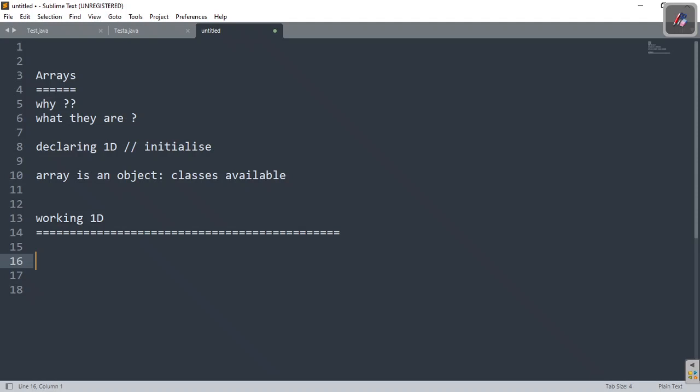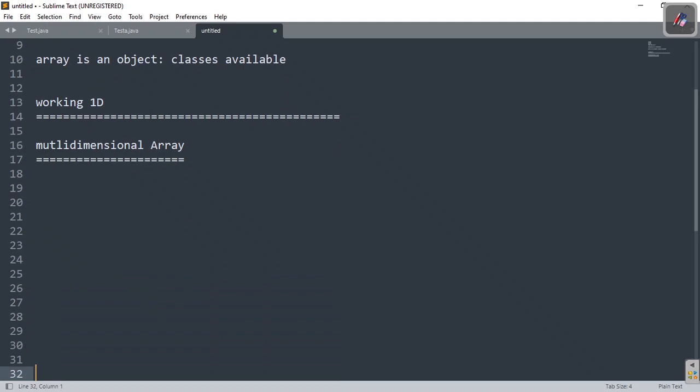Now let us go through one requirement, then we'll understand the requirement of different kinds of array in Java and how Java treats other arrays, right? In the last video, I also said that the next video will be on multi-dimensional arrays. So today's entire session is dedicated to multi-dimension arrays only. Before getting into multi-dimension arrays, let us go through an example.